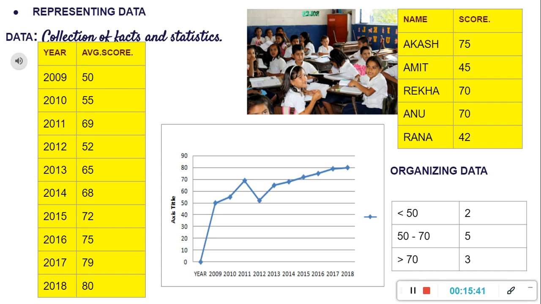And that is why we talk of grouping data, we talk of organizing data, we talk of representing data in graphs, in pie charts, etc. Clear? So when it comes to organizing data, this organized form of data gives us a better idea, and looking at this data, you can very easily interpret what's happening in the class. So that is why we are making data organized, analyzed, and represented in a systematic way. Clear?